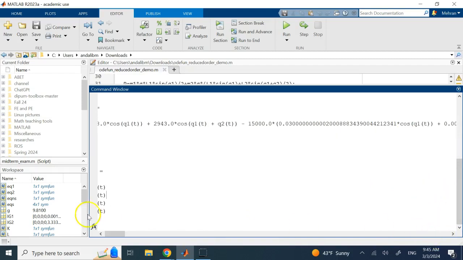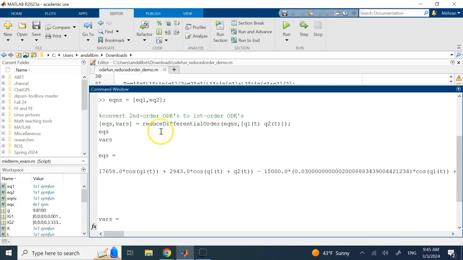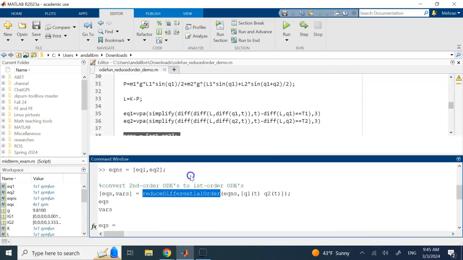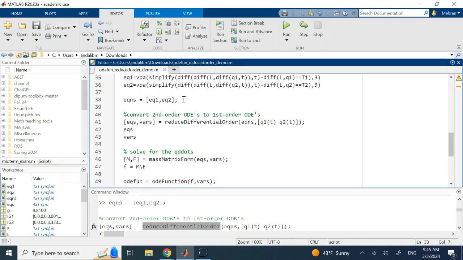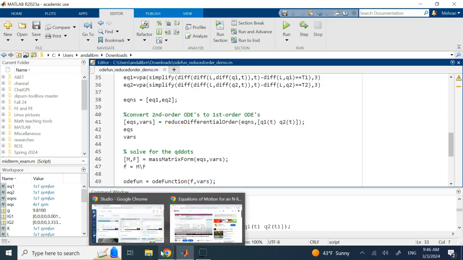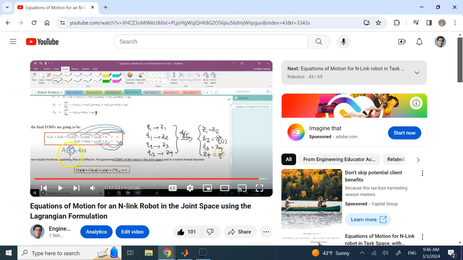Okay, yeah? So here, this amazing function will give you all of the first 4 first order ODEs. Okay, seems like this 4 first order ODEs is a tongue twister for me. I cannot easily say that. So now what? Now it converted them into first order, but still not exactly solving for q double dots. Okay, remember the goal is to solve for q double dots. So this is still not done completely for it, just rewrote them into first order, but not solve for q